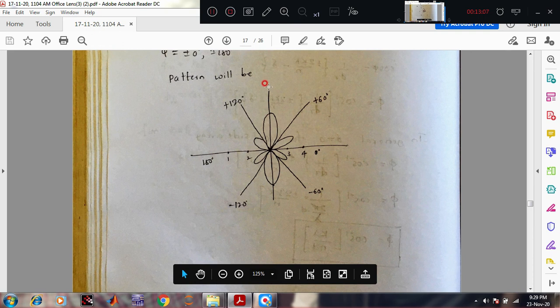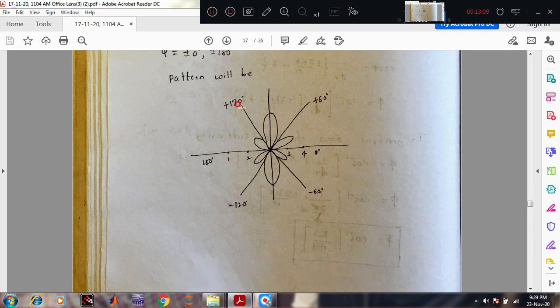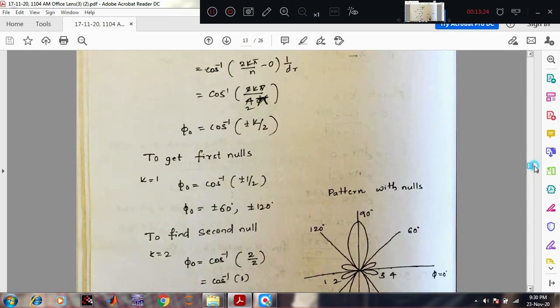Pattern will be like this: plus 60 and minus 60, plus 120 and minus 120. In these directions there is no such radiation, so it's a pattern minima. So we have discussed here 3 aspects,